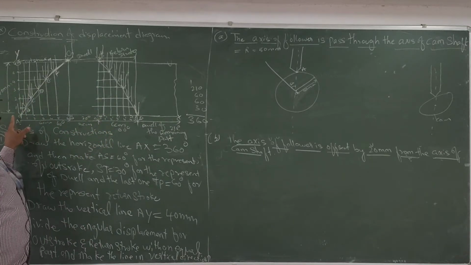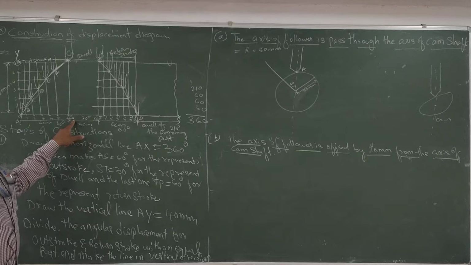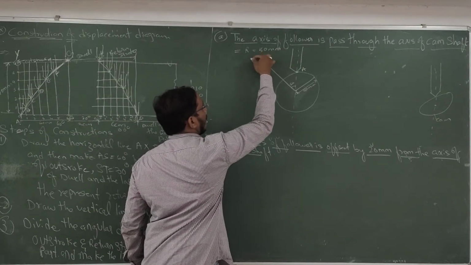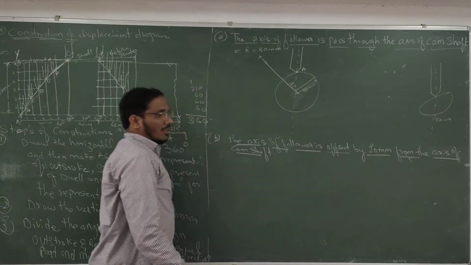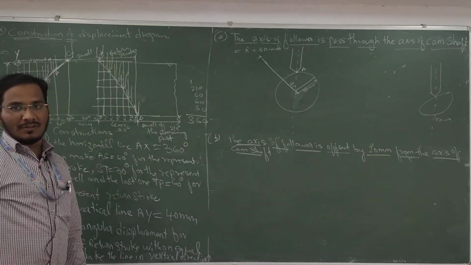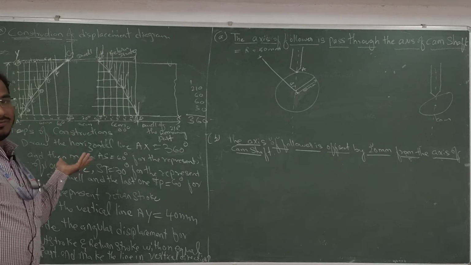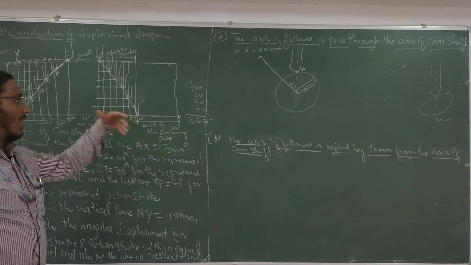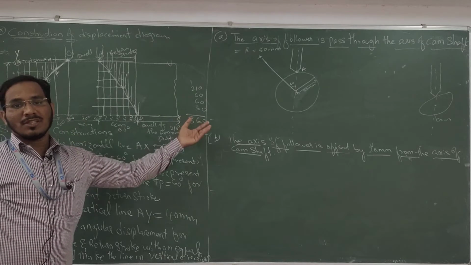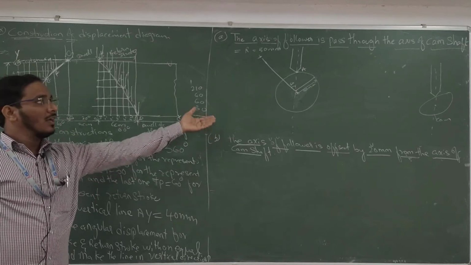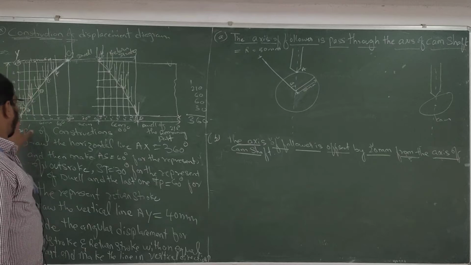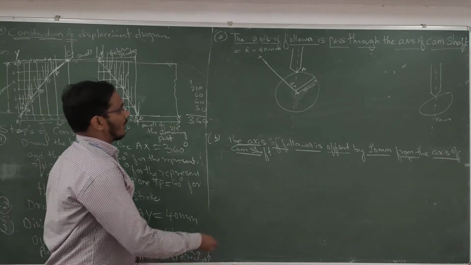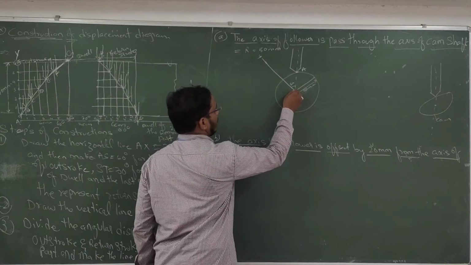Again I am repeating, O to S we have taken as 60 degrees of the outstroke. The question already gives this. With the help of the displacement diagram, we can easily draw the cam profile. That's why I am taking the values from the displacement diagram and utilizing them on the cam profile. O to S I already took 60 degrees. S to T is 30 degrees. Then again it is 30 degrees.